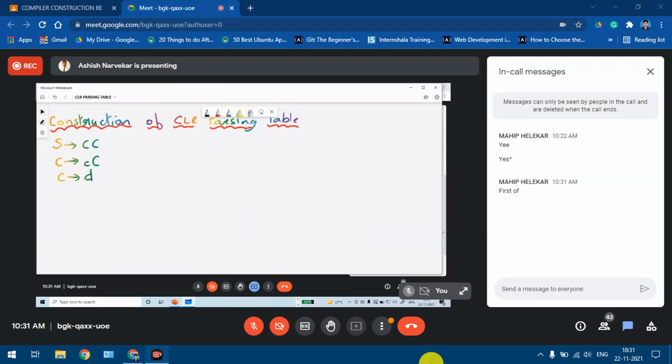So let's proceed by starting the computation of first.